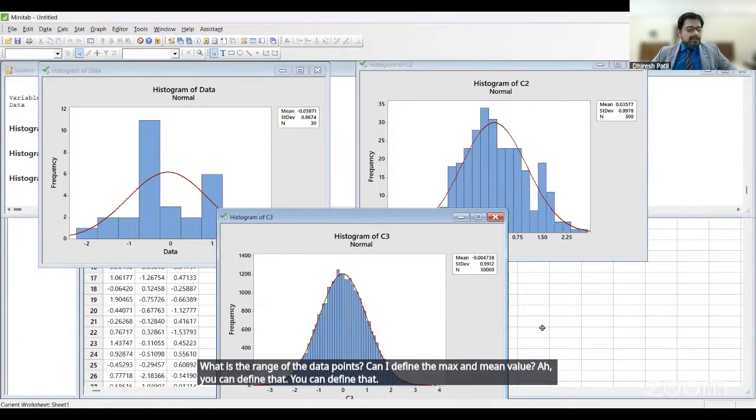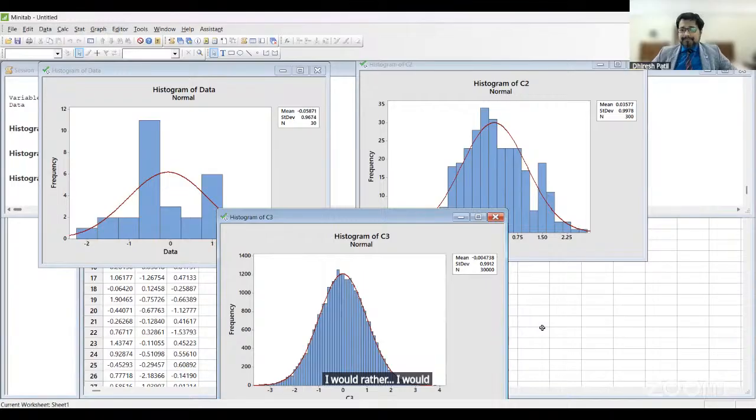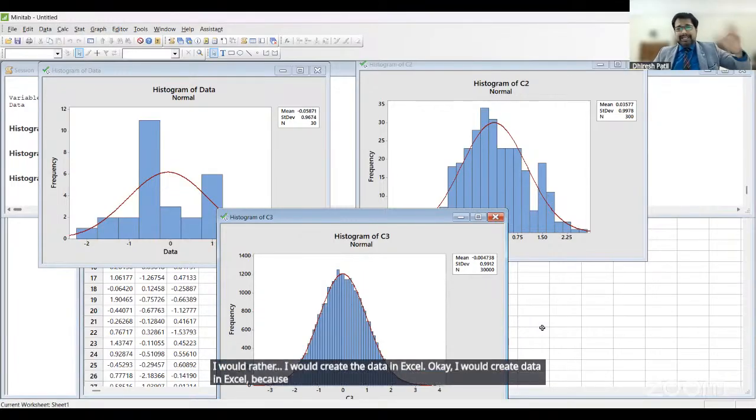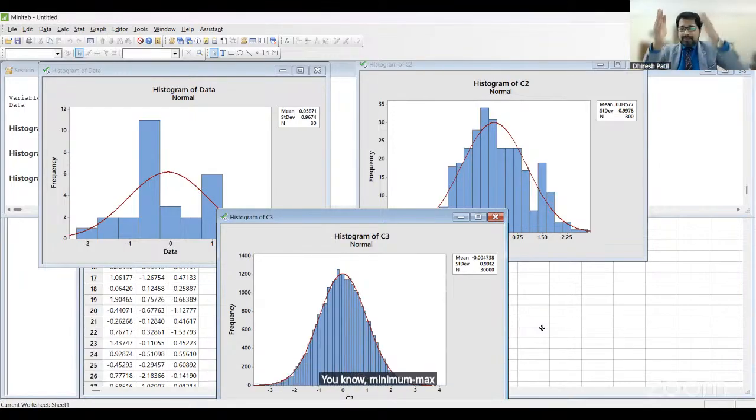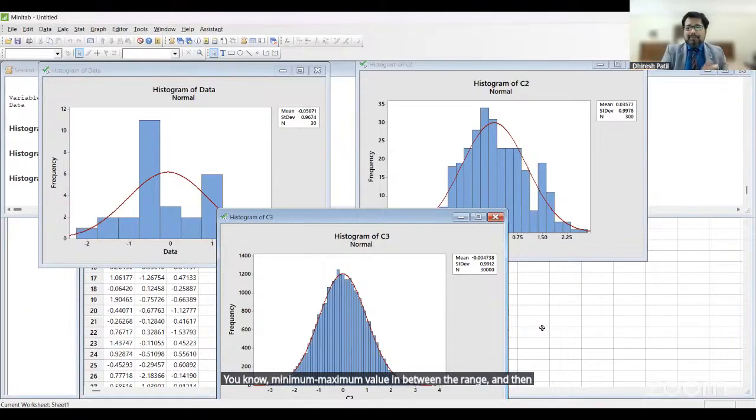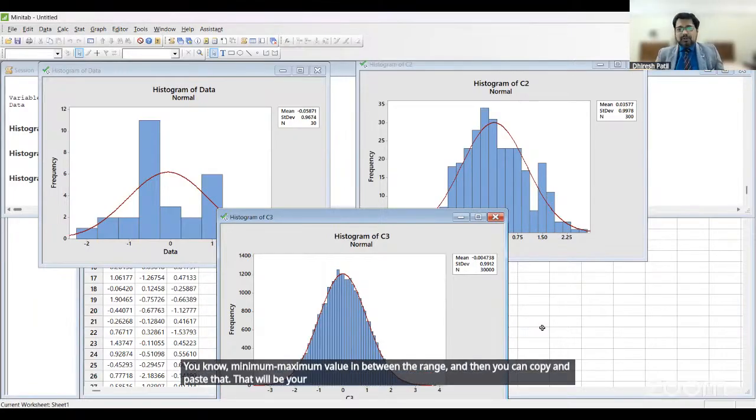I would rather create the data in Excel, because in creating the data in Excel, you can make precise data, with minimum and maximum values in between the range. And then you can copy and paste that. That will be the best option. Okay. Now